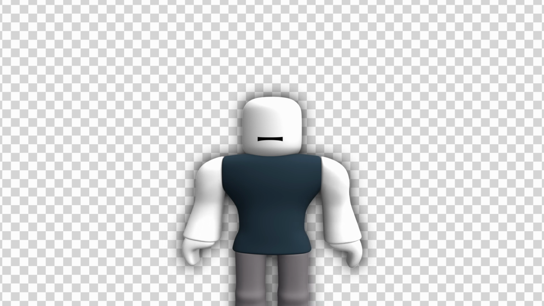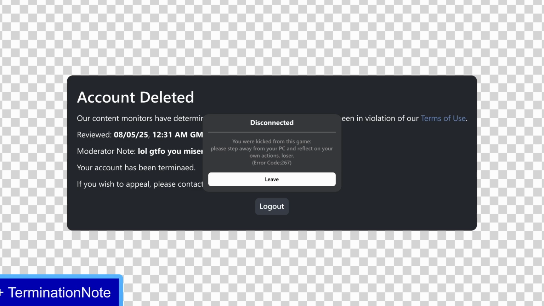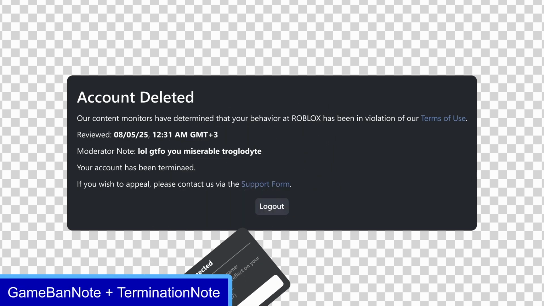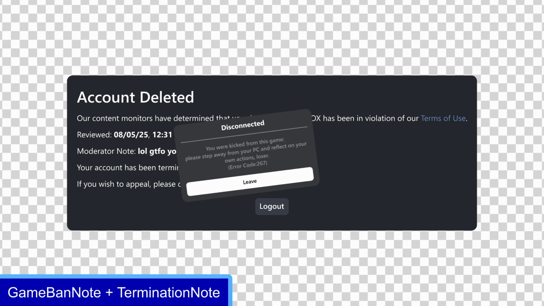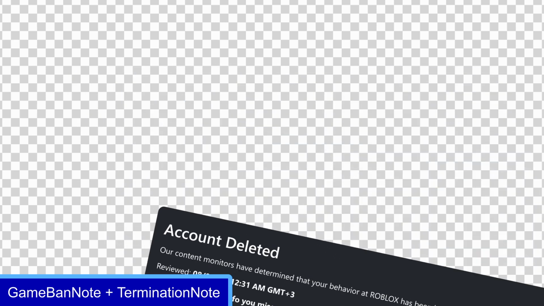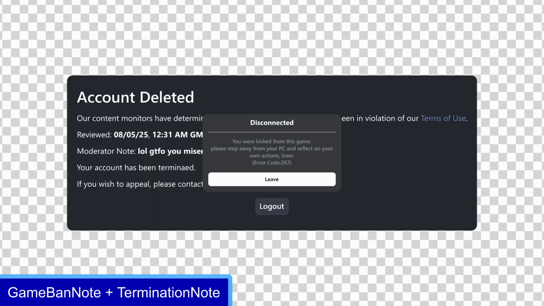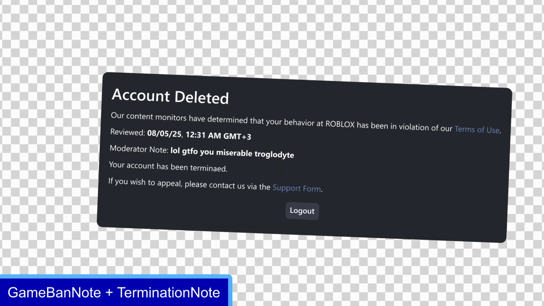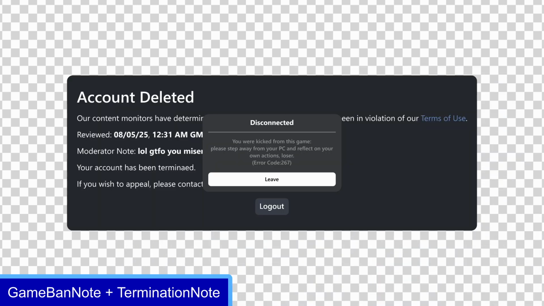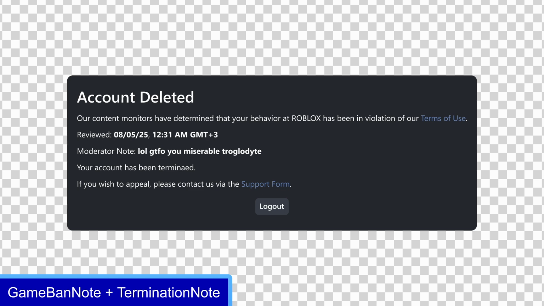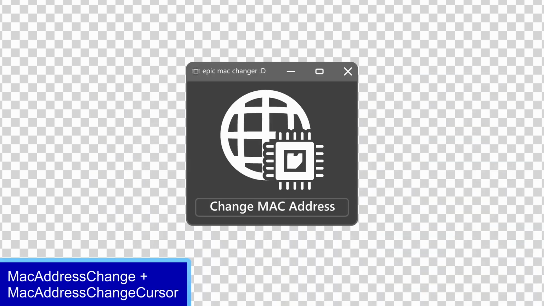Well, let me get you through the following motion graphic, or rather, a few motion graphics that I'm allowed to show you. Roblox in-game ban note and termination note were made to be paired with me saying that you could easily bypass these two by creating a different account, essentially bypassing a ban the developers have given to you. I also said that if they given that ban through byeee or byeee, you could change your MAC address, as implied in a different MoGraph I made.